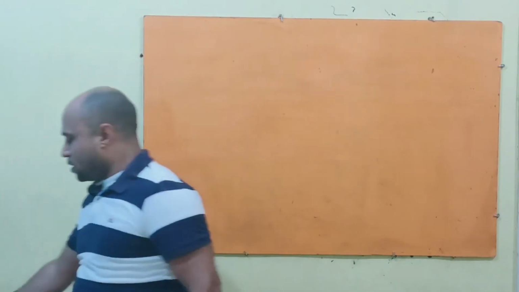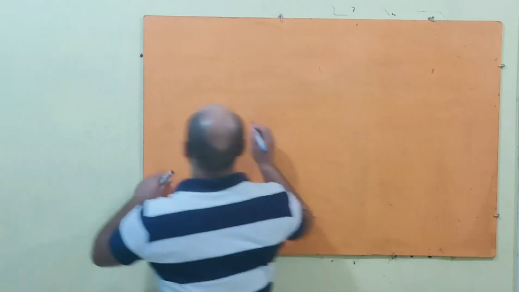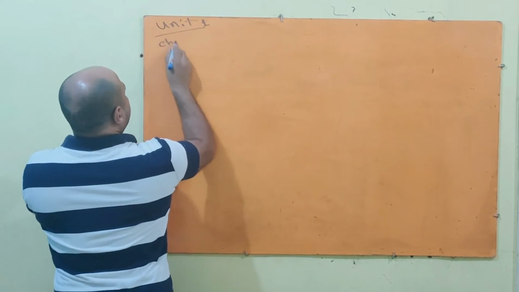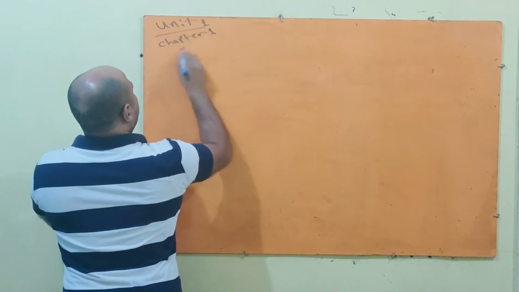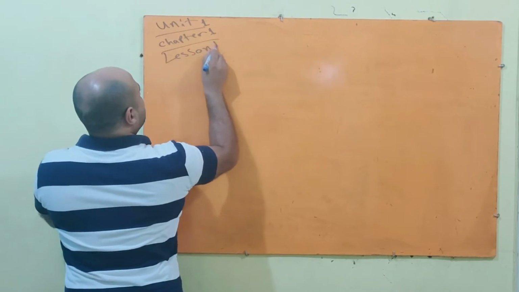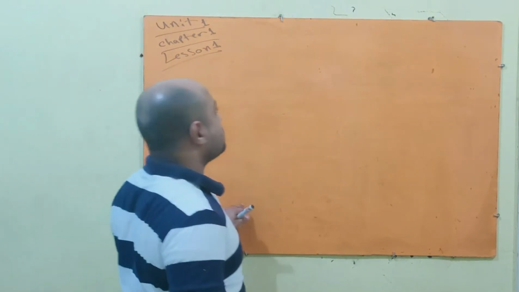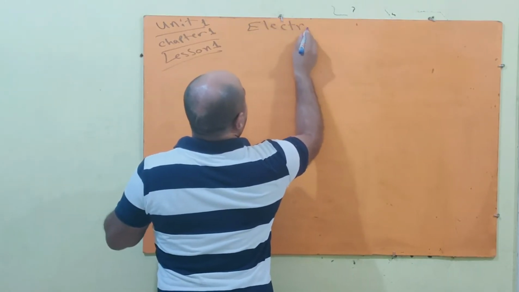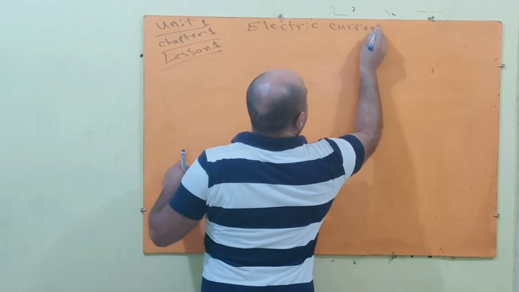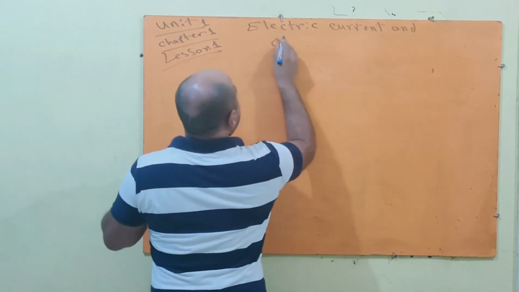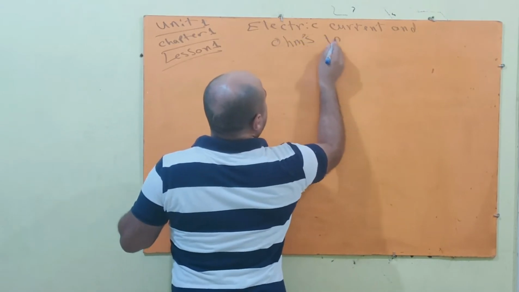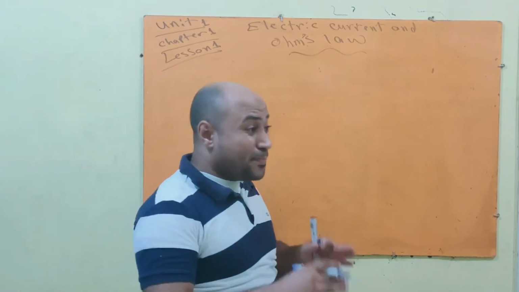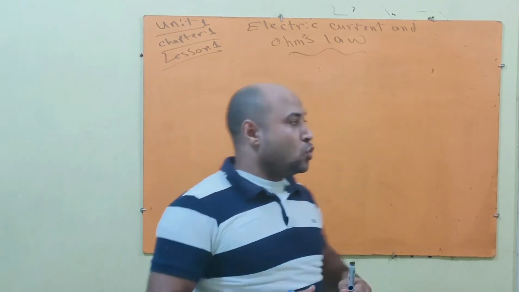We are going to talk about electric current and Ohm's law. To understand what's meant by electric current, or the basic concepts of electricity, we should learn three main concepts: